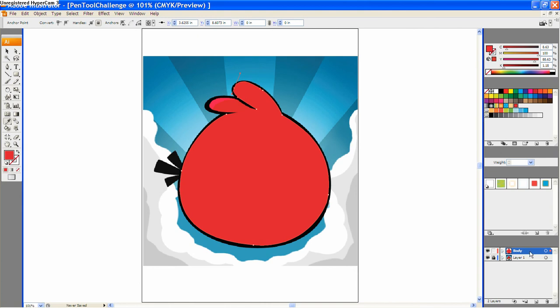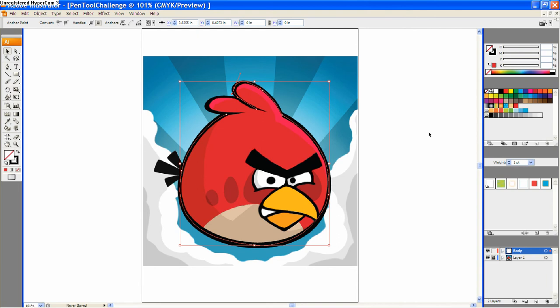It's good to test the fill color, but sometimes it's annoying. So I'm gonna put the black back there. For the stroke, I'm going to get rid of that. Okay, so the next thing we're going to do is I'm going to draw the tail. I'm going to put the tail on a new layer, and I'll lock the body layer because I'm not playing with that anymore, and I'm going to call this